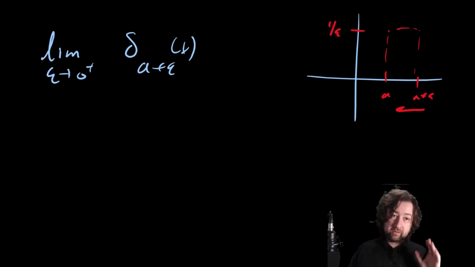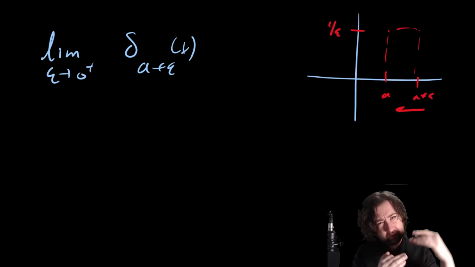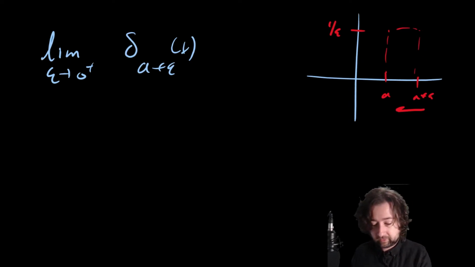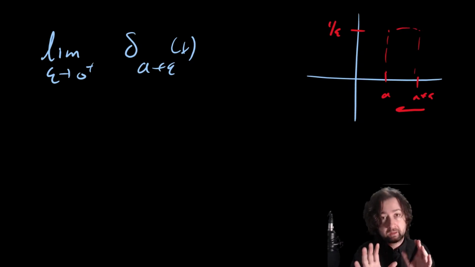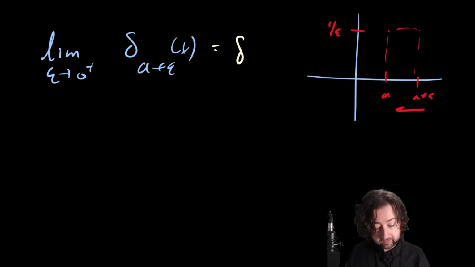So as epsilon goes to 0, the rectangles get skinnier, which ends up looking like instantaneous impulse, but then the function runs off to infinity. So the limit doesn't exist as a function in the way that we're used to. But let's just suppose that it existed in some sense. For those of you that are technically minded, the sense in which this is going to exist is the sense of distributions or generalized functions. And that's beyond the scope of the course, but there is a context that's very well developed in which this limit does make sense. So let's just assume that there's some object here that is the limit called delta a